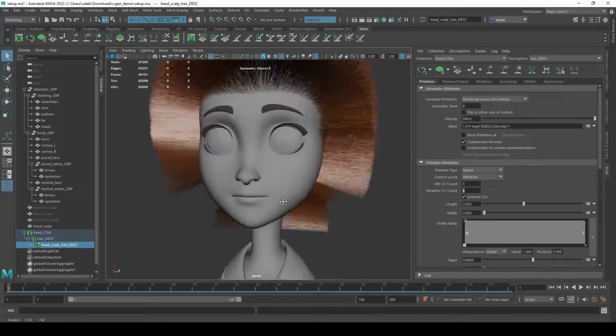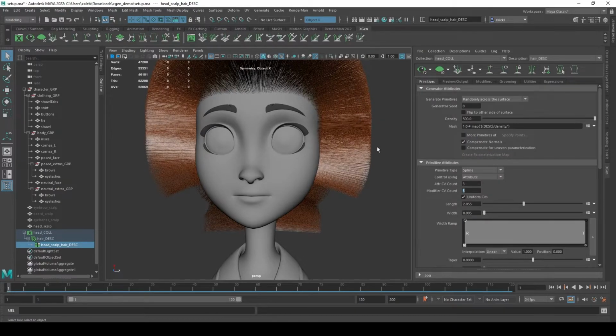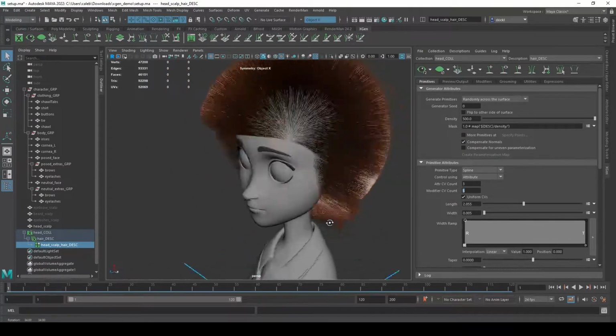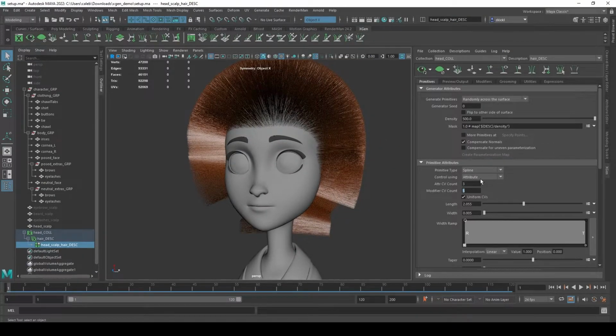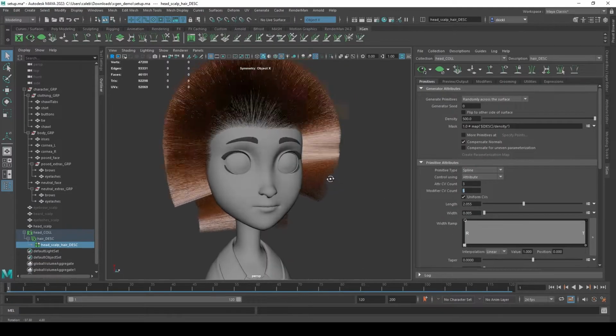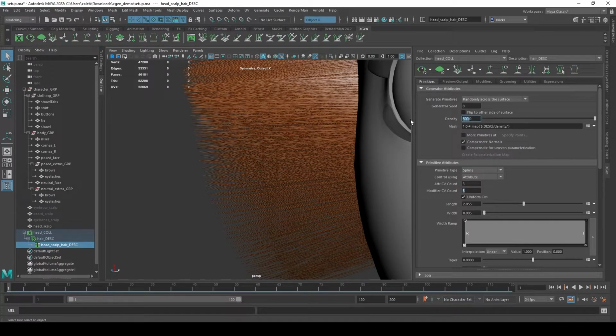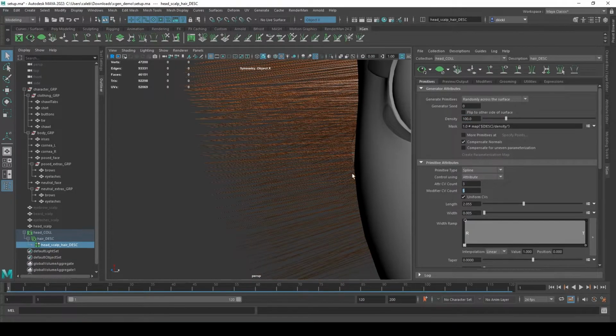We'll talk about controlling these hair lengths in a little bit. It's a little bit more annoying having to change this by just using attributes. It'd be easier if I was using guides, but we're not going to worry about that right now. All right, so we had the width, right? But the width is kind of controlled. I'm going to set that back to having a low value, 100, and then we can also turn on anti-aliasing